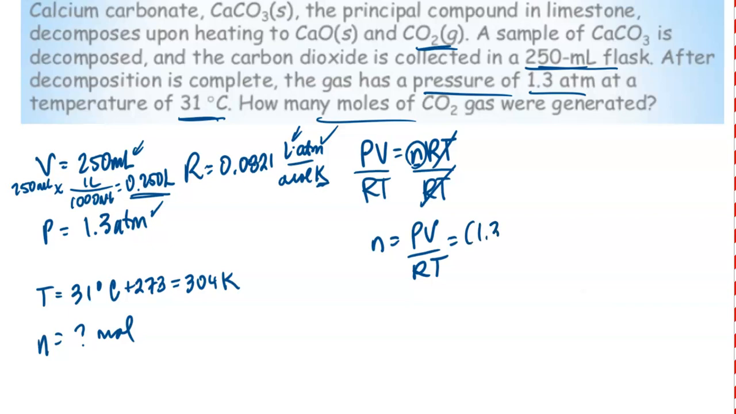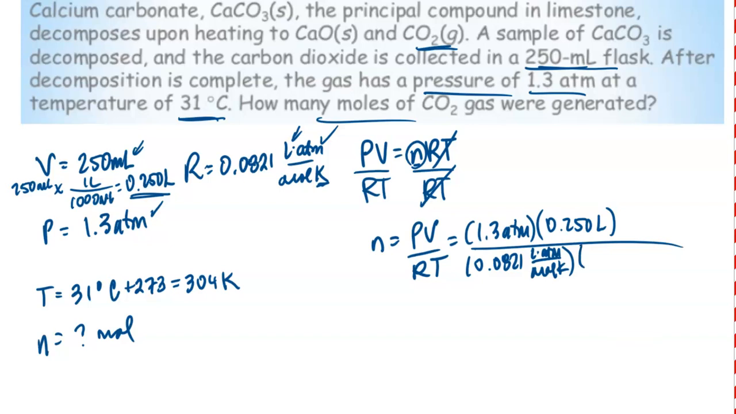So the pressure is 1.3 atmospheres. The volume is 0.250 liters. The ideal gas constant, that's 0.0821 liter atmospheres per mole Kelvin. And then our temperature is 304 Kelvin. Before I do the math, I'm just going to make sure that my units cancel. So liters cancel liters, atmospheres cancel atmospheres, Kelvin cancels Kelvin. Notice that all I have left over are my moles. And so that means that when I do this math, I'll get an answer in units of moles,